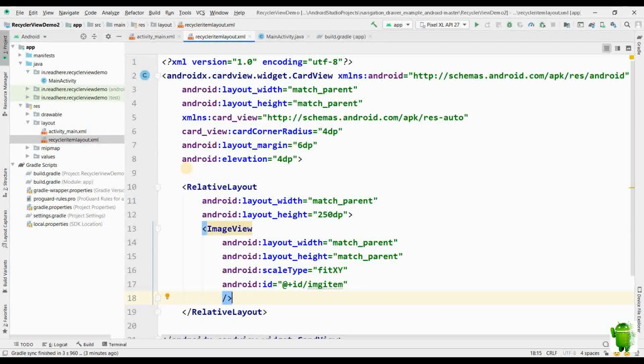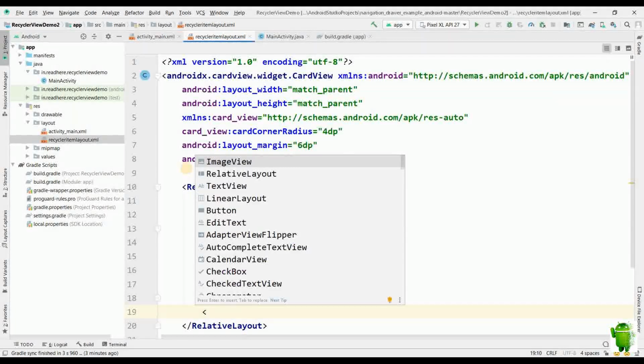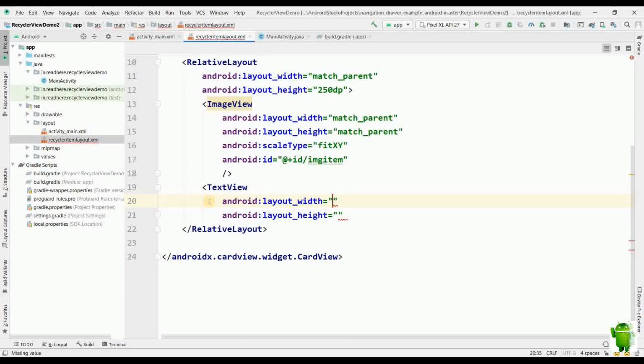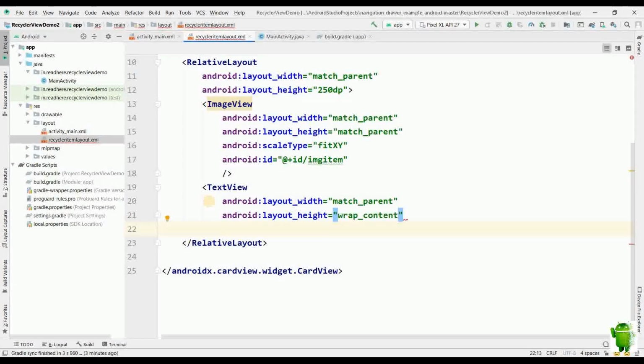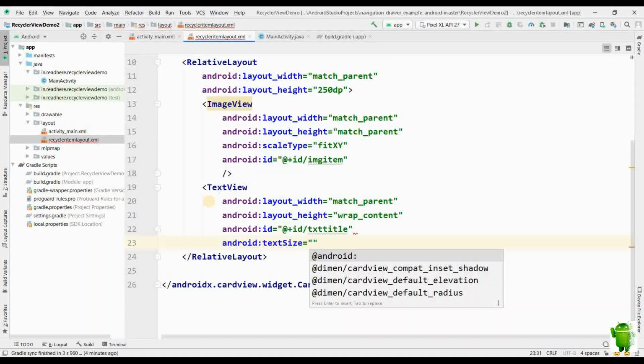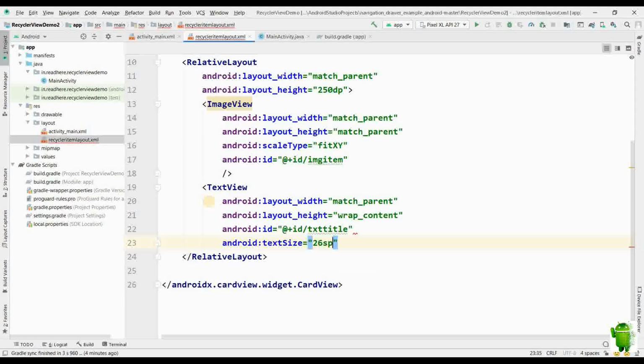Now we'll add the text view. We'll set the width and height to match parent and wrap content. We'll set the ID to txt title. Now we'll set the text size to 26 sp so that it could be easily visible.